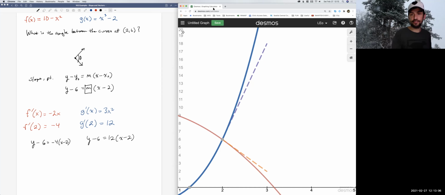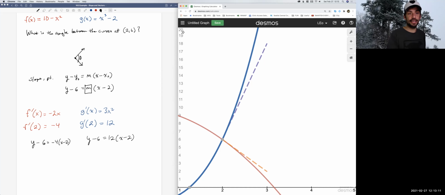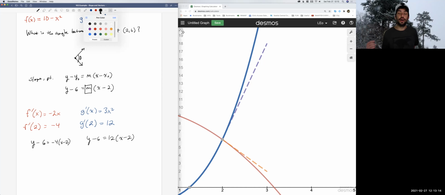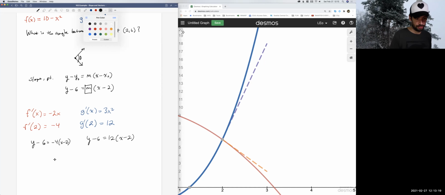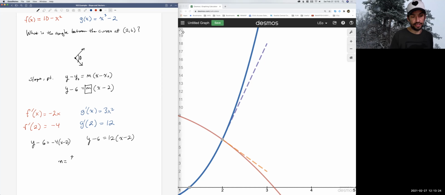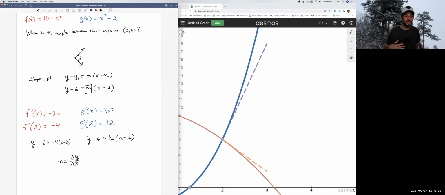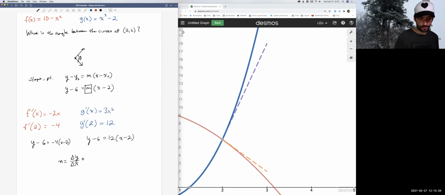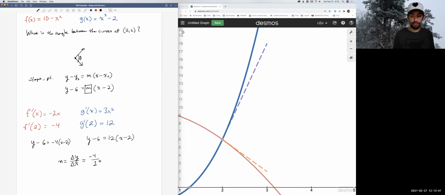Okay, so let's look at f, whose slope is negative 4. What does a slope of negative 4 mean? m equals our slope. One way we can think of it is delta y over delta x, the ratio of a change in y to a change in x. Well, negative 4, we can think of it as negative 4 over 1, which is a way of saying